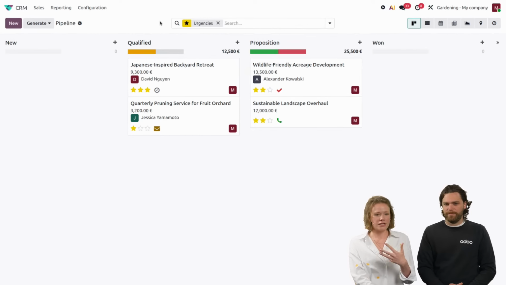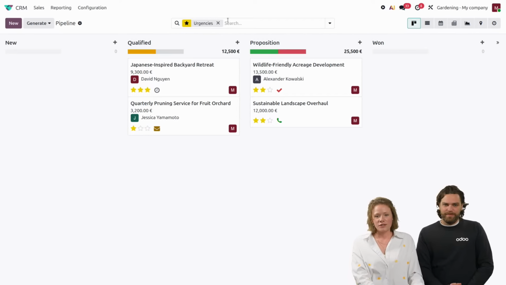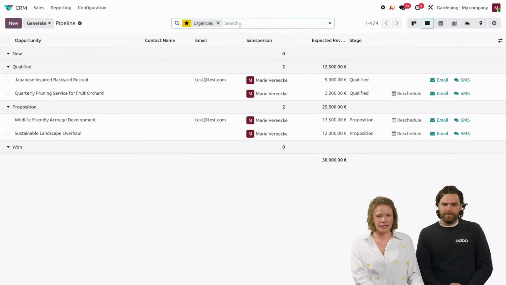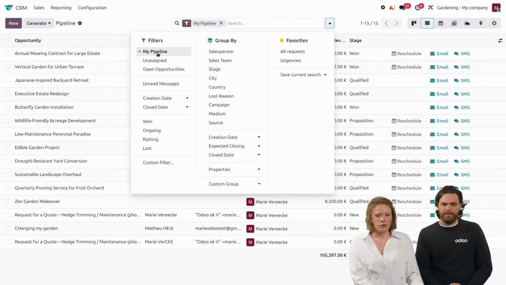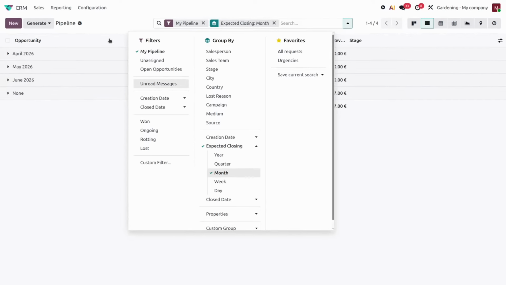If I have a specific project that I have to do, not as soon as possible, but really quickly, maybe this week or in 2 weeks maximum, this is super easy, as well as I can have a full view on what's going on in my activity here. Going back on my pipeline, I could be setting the expected closing per month, and then typically